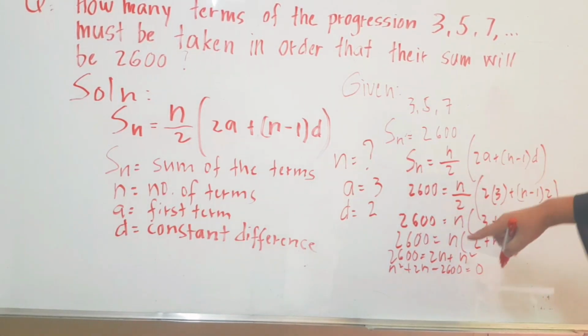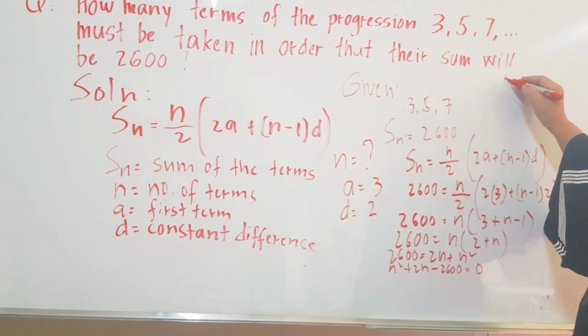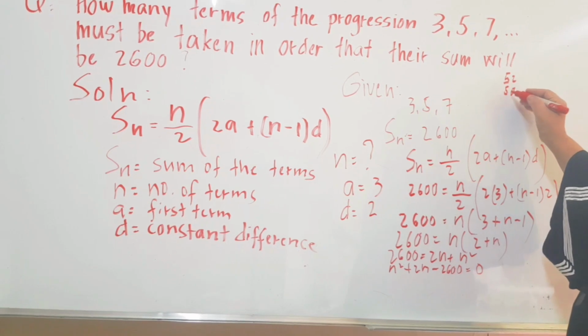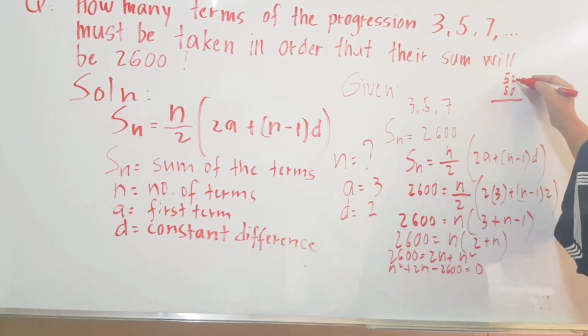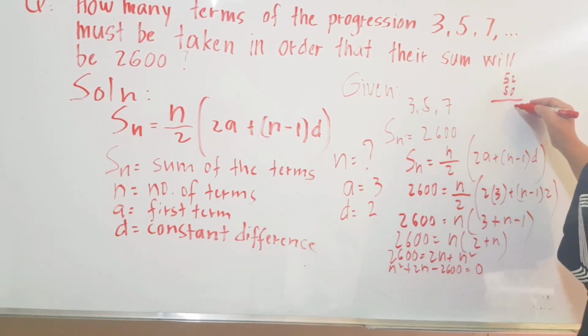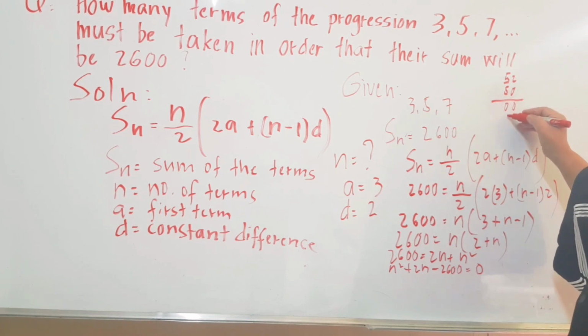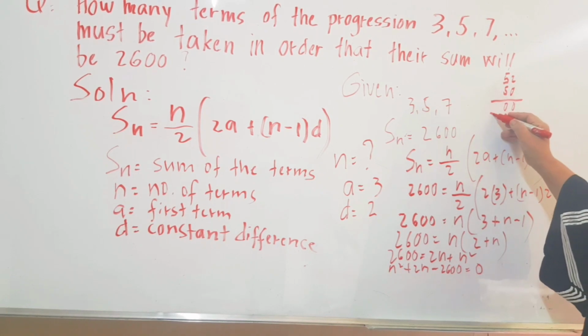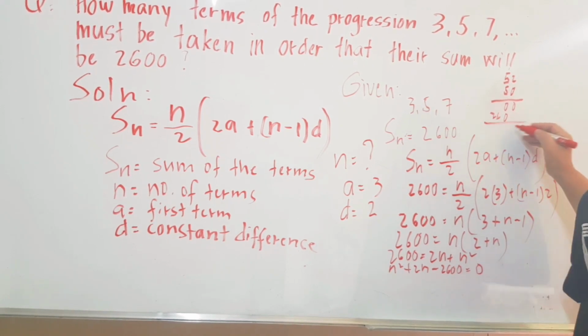So, 2,600 can be factored into 52 and 50. We'll check. 5 times 5 is 25 plus 1 is 26. Therefore,